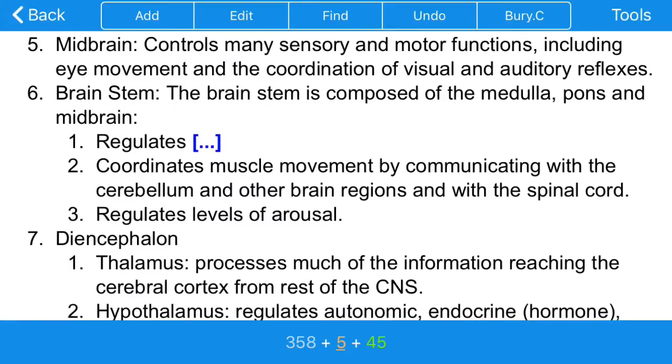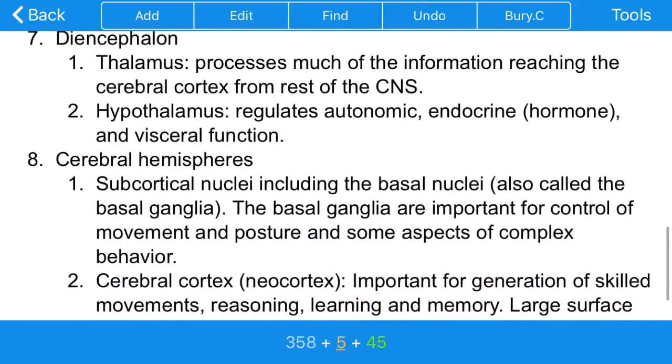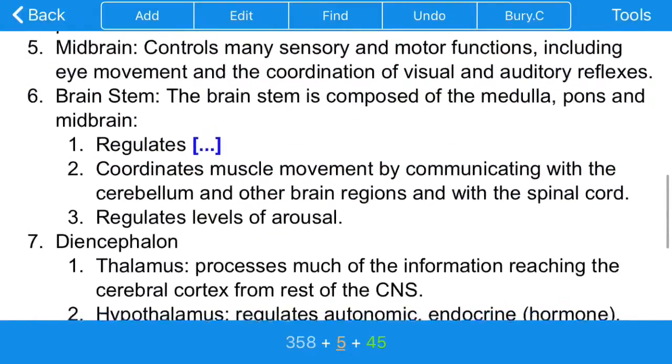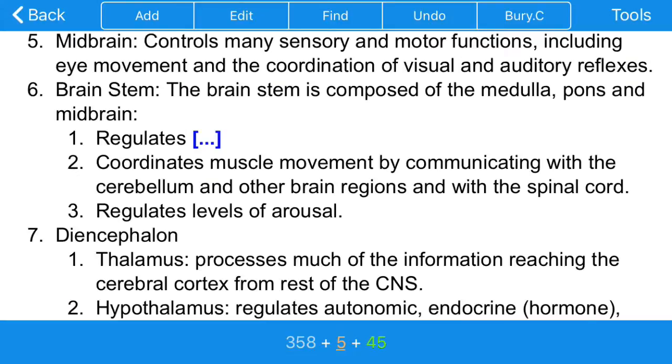Yep. Midbrain controls many sensory and motor functions, including eye movement and the coordination of visual and auditory reflexes. Alright. So when your midbrain is receiving those signals, it's like, gotta do some reflex stuff. And what does the midbrain consist of again? I think isn't that like the tectum and the tegmentum and